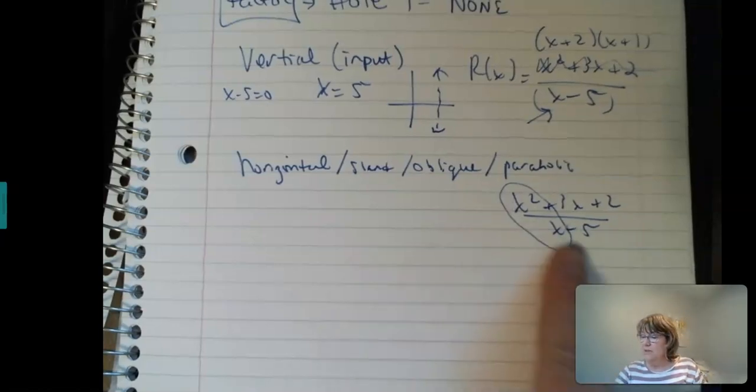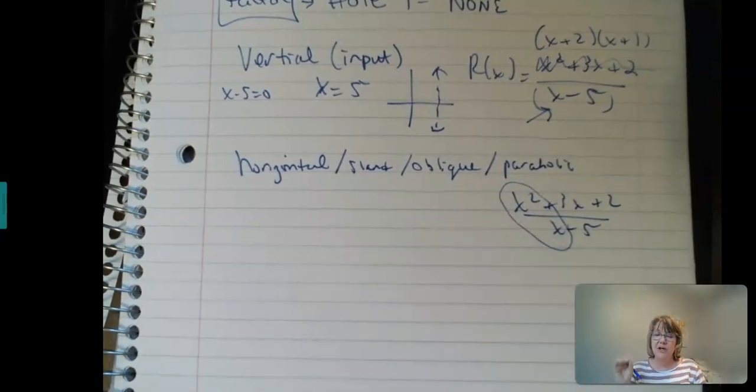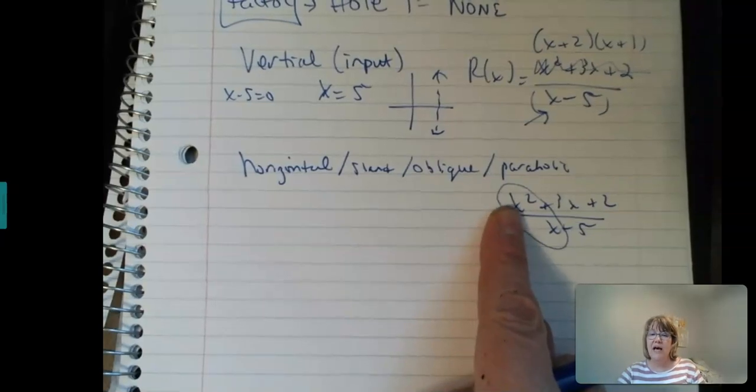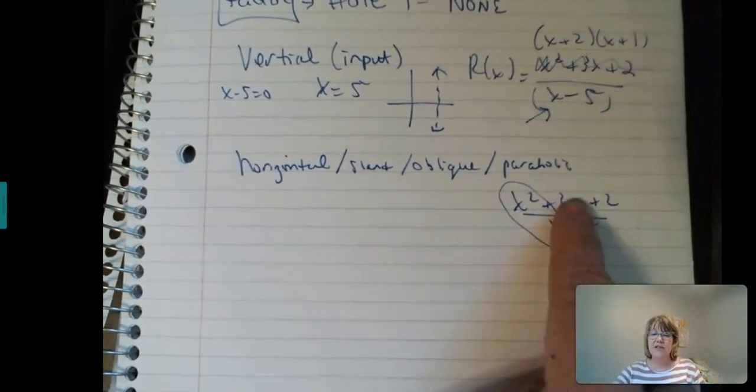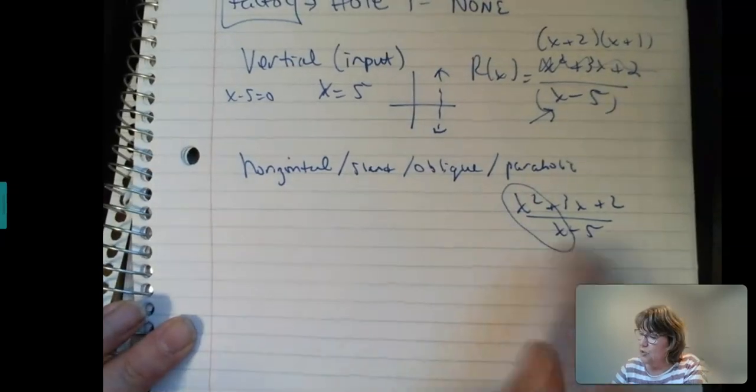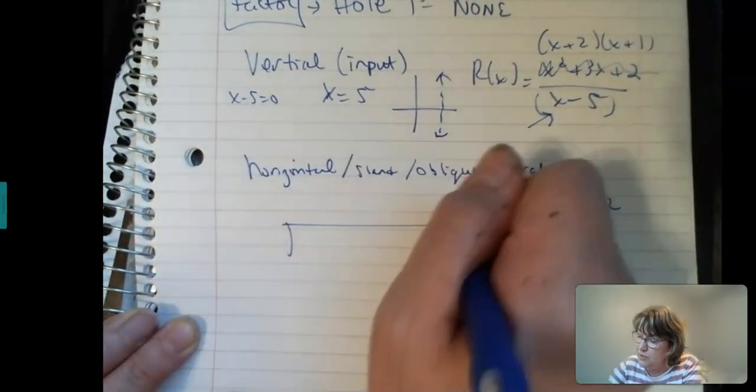So, and the reason we only care about the leading coefficients is we care about that behavior because say someone says, hey, what's your car worth? And I have a quarter in my little cubby for Aldi. I don't say my car's worth $10,000.25 because there's a quarter sticking in there, right? It's just 10,000. The quarter is minimal. So if you have a huge number for x, this other stuff is just minimal, doesn't do anything, okay? All right, but this guy is going to have a slant or oblique, and the way you're going to find that is we're going to do long